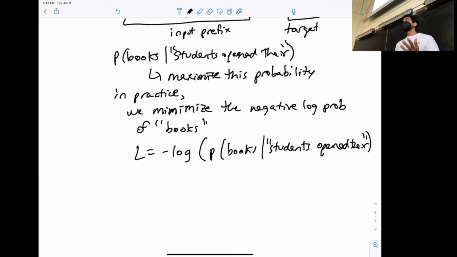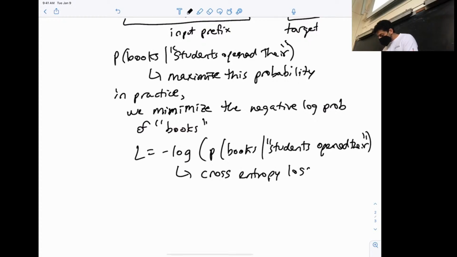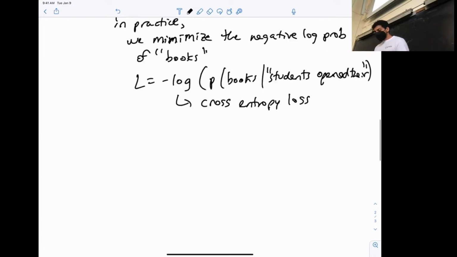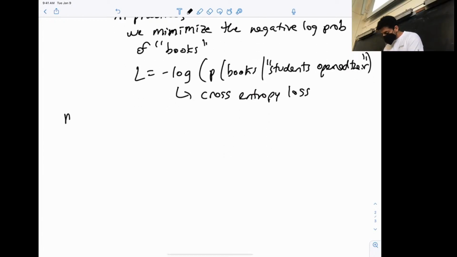And so in our setting here, this is equivalent to the cross entropy loss. And let's just go through a quick derivation of why we're calling this the cross entropy loss, because some of you might be familiar with the definition of cross entropy as a distance metric between two distributions. Why is that the same as this thing up here? And it's pretty easy to see. So our model,